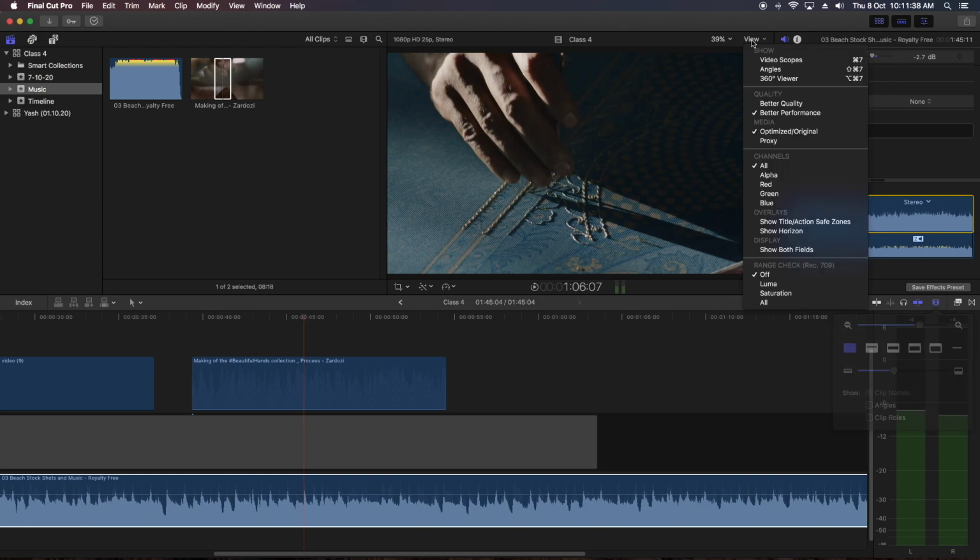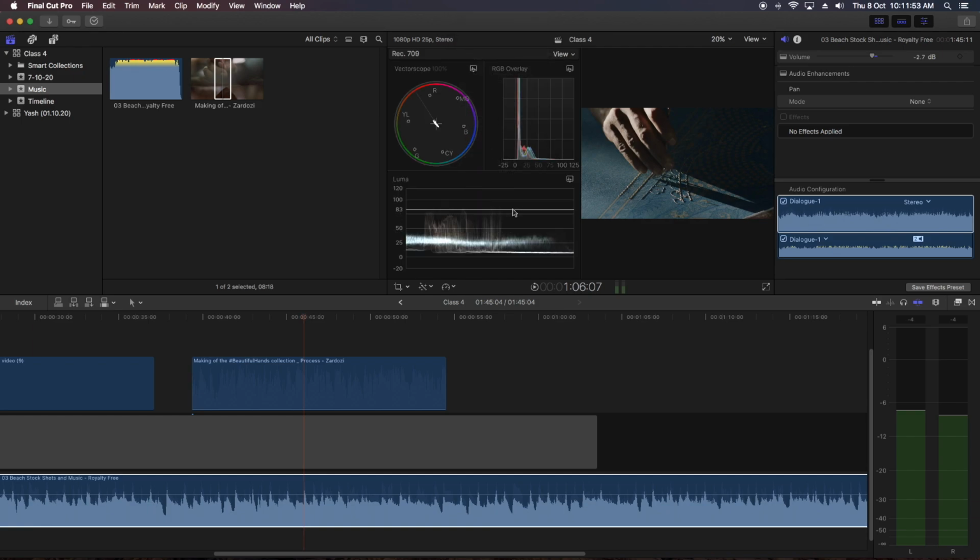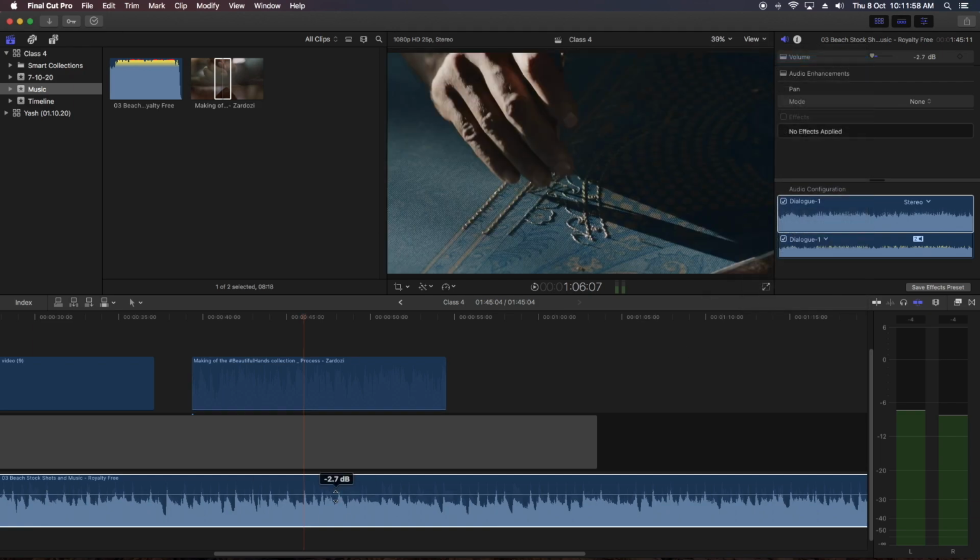Basically, we have to monitor the signals, whether they are going beyond or not. When we come to color correction, these are the scopes we have to take care of while we are correcting our colors. But to correct our audio, we only have to see this audio meter.